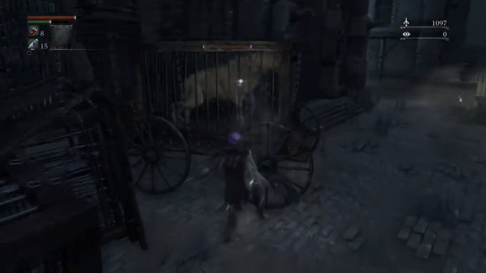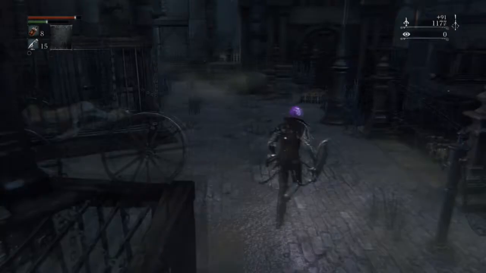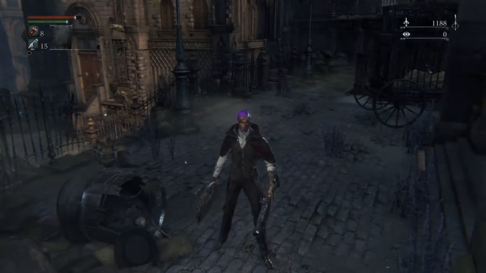And be careful, one of these dogs can actually jump out of the cage. You want to quickly kill them off before they actually make it out of the cage. And there will be another one following you up here, so you want to be extra careful. You should be able to hear him. He will chase you. And anyway, once you've taken him out,